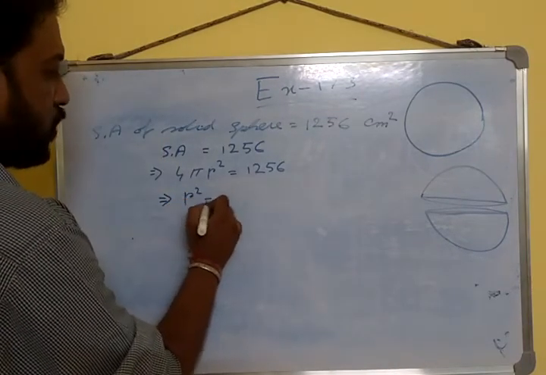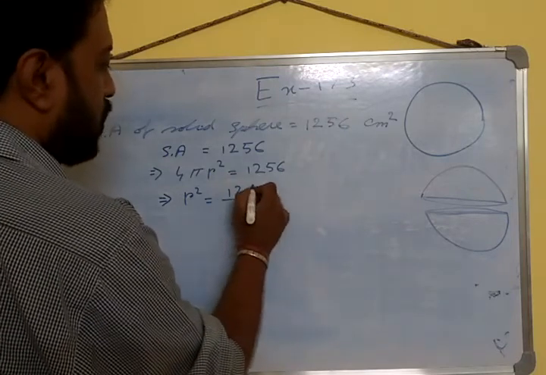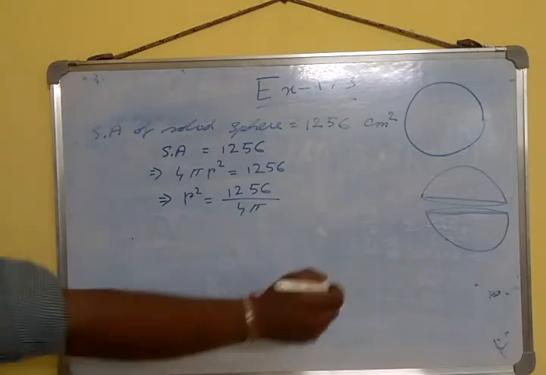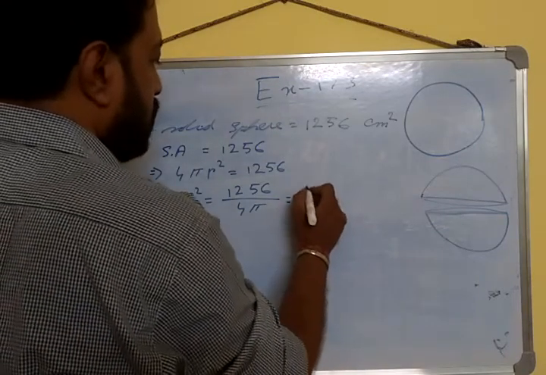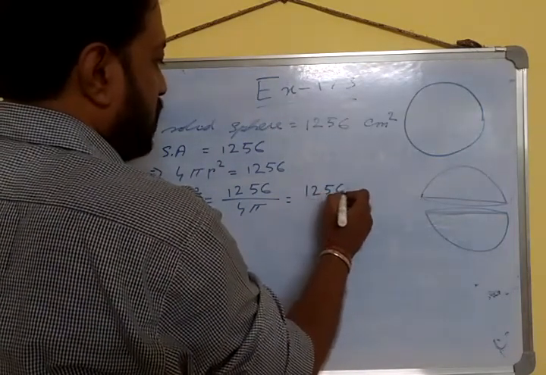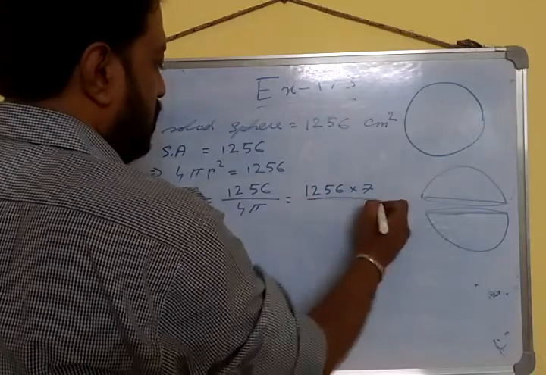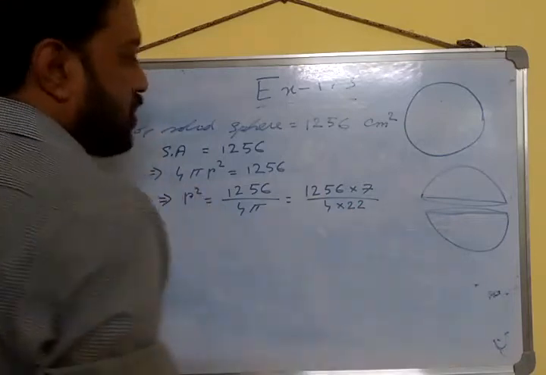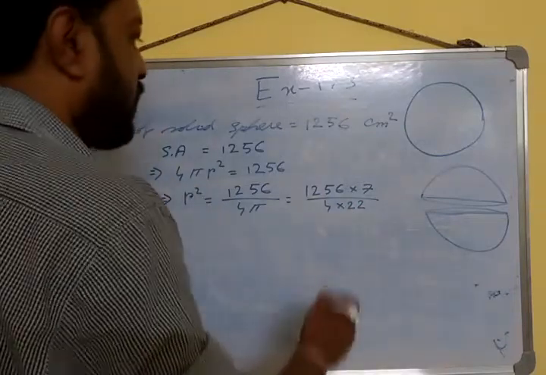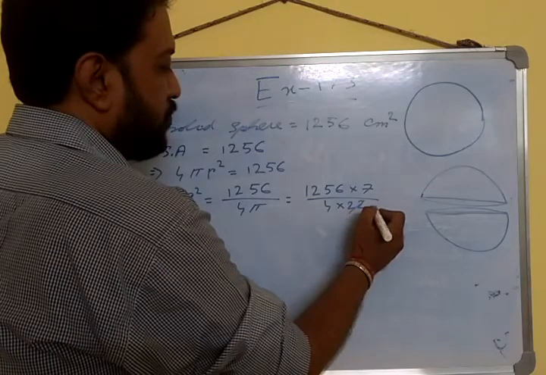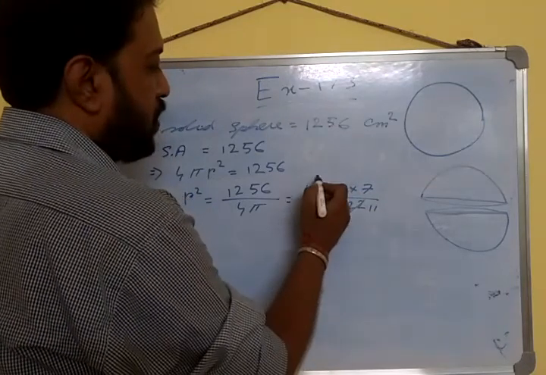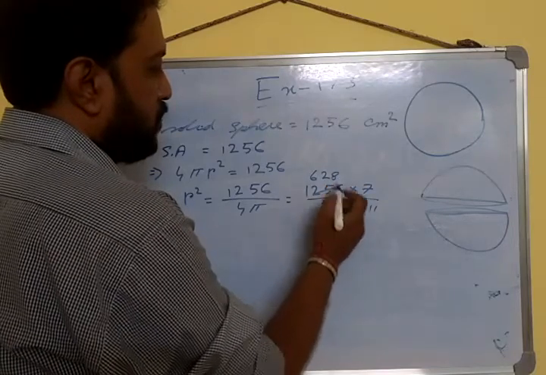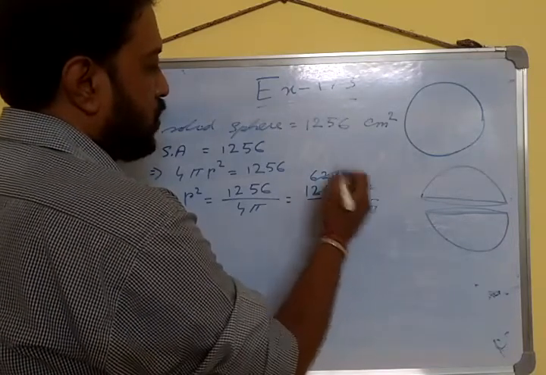So r square equal to 1256 by 4 pi. That is equal to 1256 into 7 by 4 into 22. Or if we cut it down a little bit, I'm not doing lots of calculations, then it will be 11 and it will be 6 to 8. Again cut it with 4, so I got